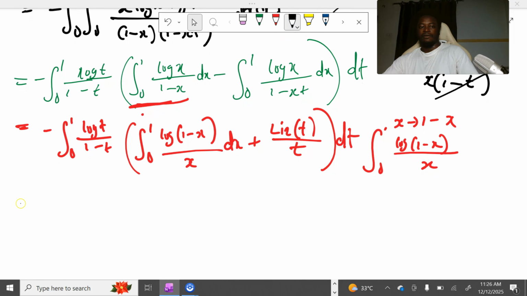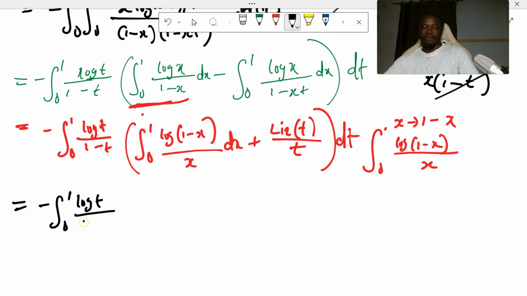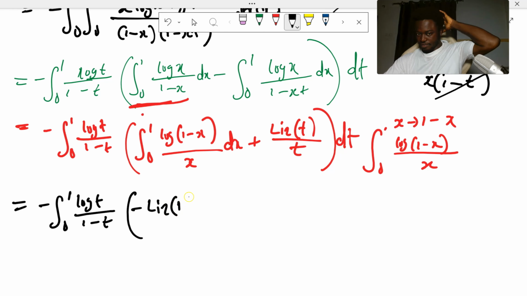Okay, sorry about that. For this first part right here, this will be negative the integral from 0 to 1 of log t all divided by 1 minus t, times, the first one is negative dilogarithm of 1. Okay, that is what the first one will be equal to, because if you expand the series, if you do,